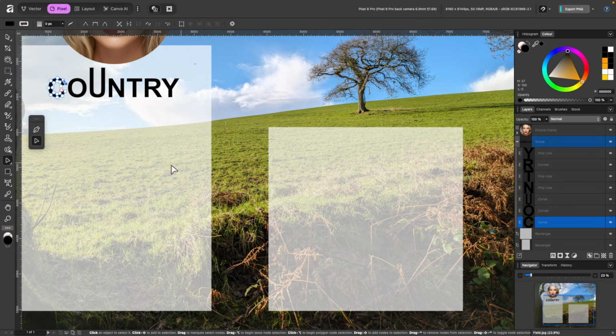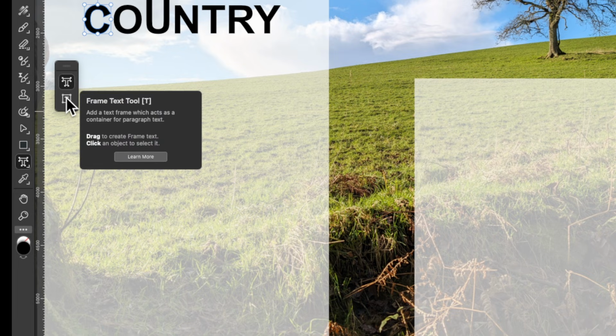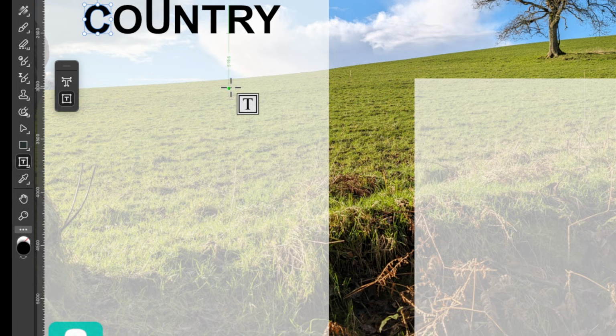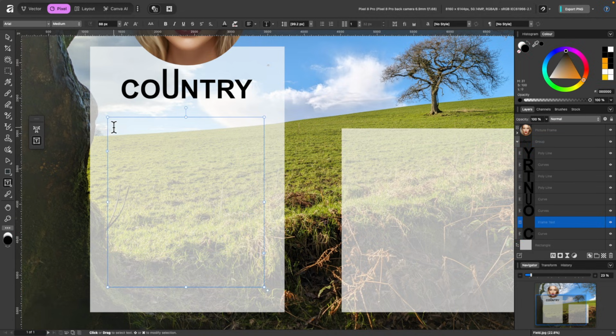Okay, now I want to add a paragraph underneath. And I also want the second paragraph to be over here on this square. So I'm going to head back over here, click on it, and we will choose Frame Text Tool. So I'll click on that, and you see the icon has slightly changed. So what we do here is just click and drag to drag out our text frame and let go. And you can see it's blinking up there, waiting for me to start typing.